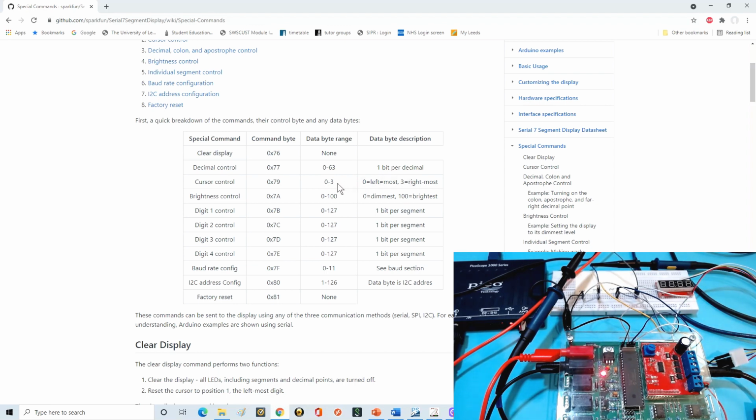And so there are four digits in this display. Therefore, we can choose 0 through to 3. And then once I've sent that command, I can actually send the ASCII characters for the display. So, for example, if I want to do 1, 2, 3, 4 on my display, I would